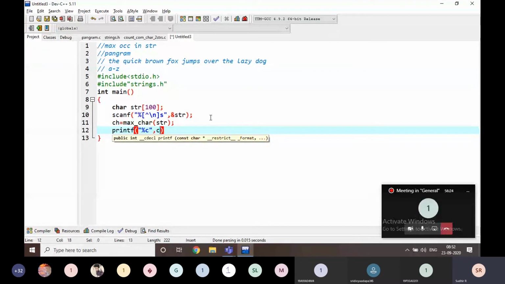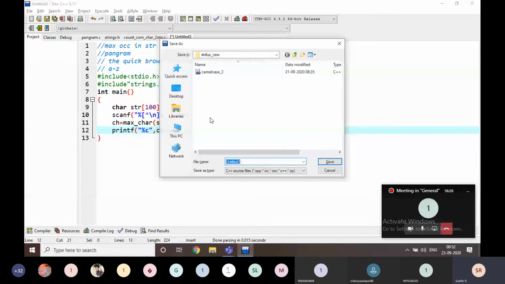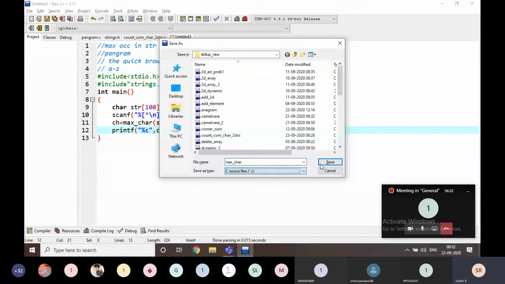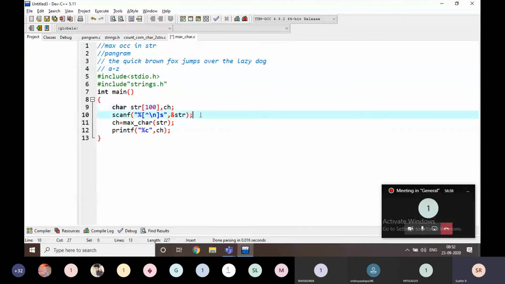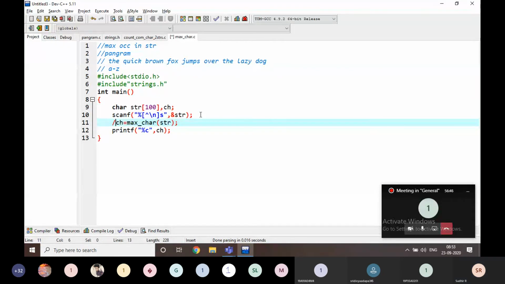I'm going to print ch. max_char is the program. max_char, I am going to take one more, that is going to be ch. I am going to read only one string. I am passing it here.